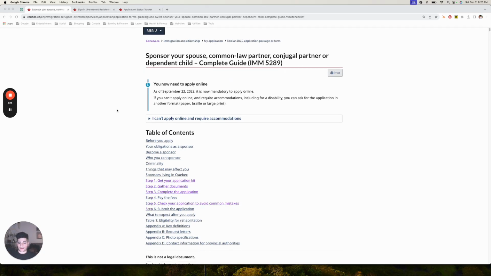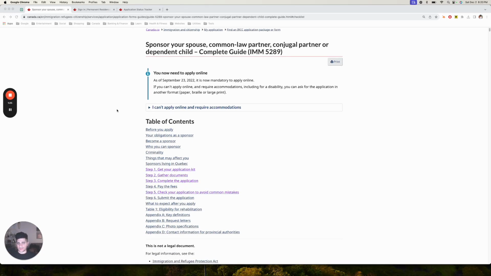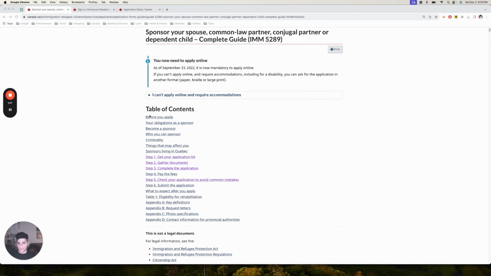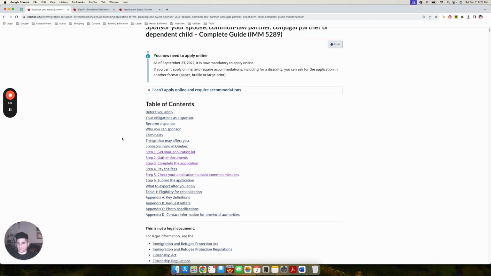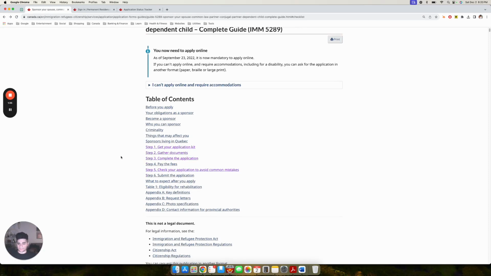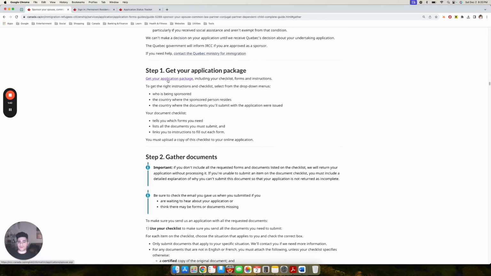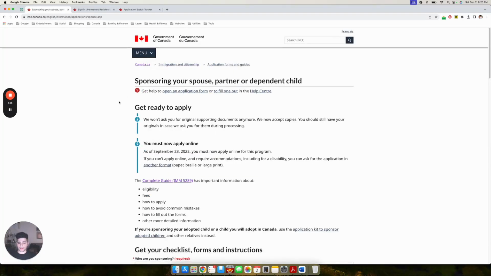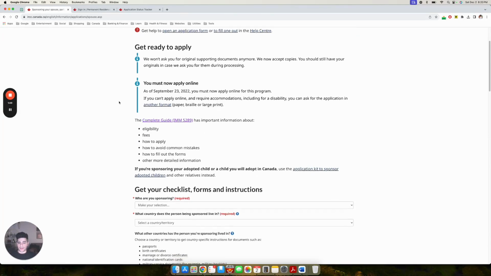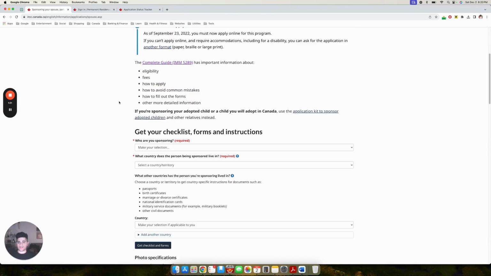It has everything you could possibly need, everything you need to know before you apply, your obligations as a sponsor, and a step-by-step process on what you should do. And an important resource here is that you get to download your document checklist once you click on get application package, and you can get the checklist by filling in